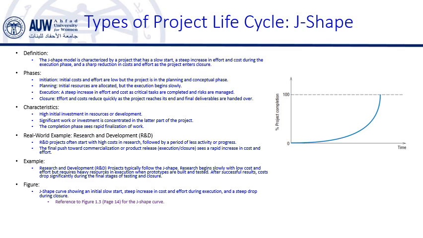However, as the project progresses and begins to reach any key milestone, progress will accelerate rapidly. This is the steep upward part of the J-shape, as you see in figure 1.3 on page 14. For example, once initial drug testing shows promising results, the project might move quickly into clinical trials, where efforts and